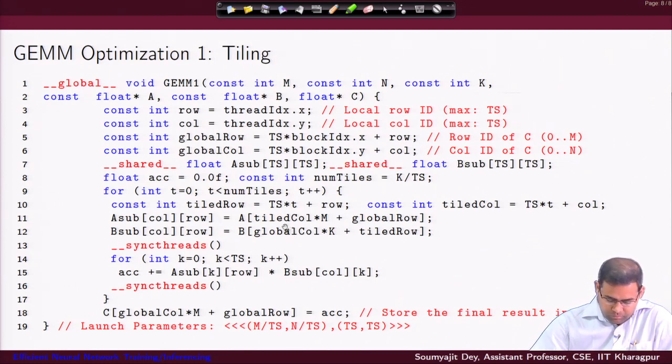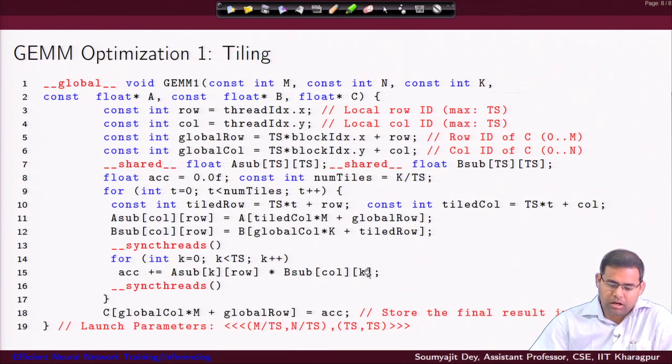Now, again if you remember, since this is the column major formatting, as you can see the access expression here for A sub and B sub is just reverse to what we have been seeing earlier, right. So, that is why the iteration k comes first, right, because it is in the columns now. So, that is why it is A sub k row instead of A sub row k, and similarly B sub column k instead of B sub k column, right, just the opposite from earlier.